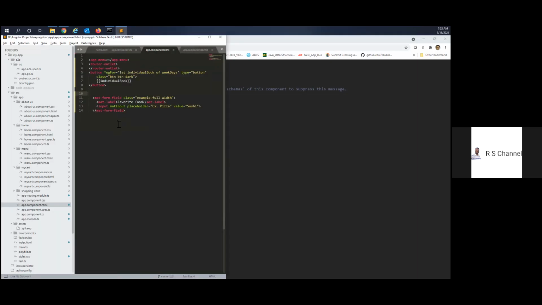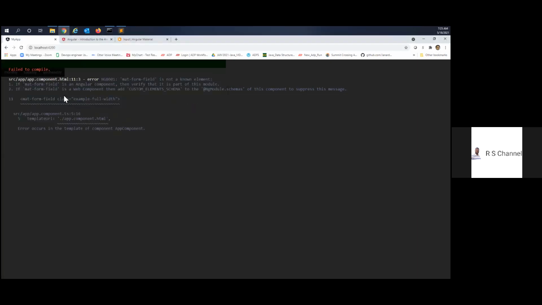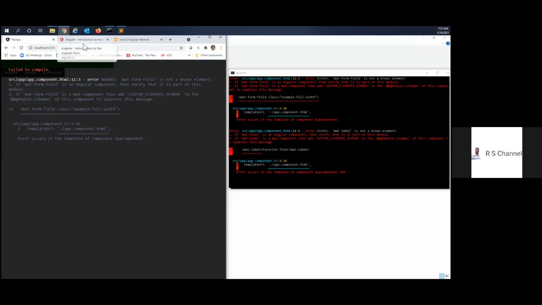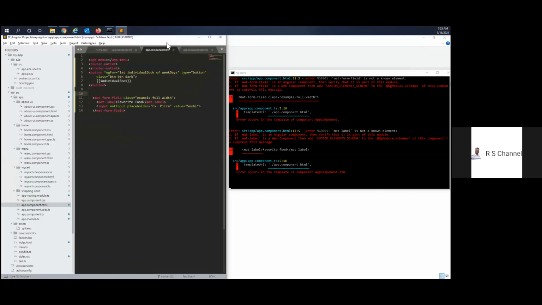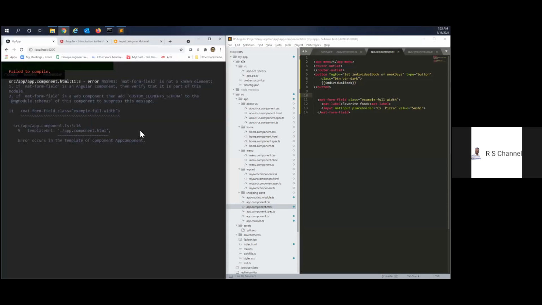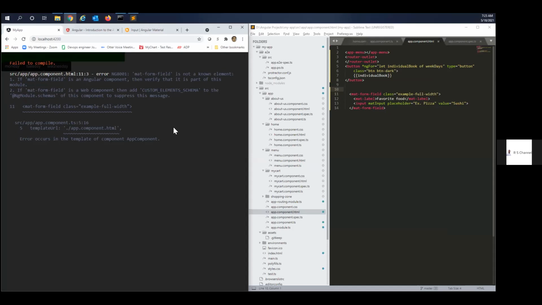To use a text box, we have to write this one.